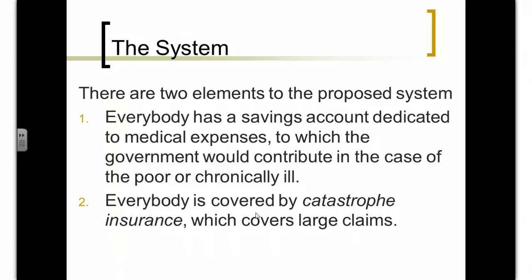The proposal here is that everybody has a savings account, that you could be putting in the exact same amount of money, so that instead of paying €1,500 to an insurance company, you pay €1,500 into your own savings account. And that money then is used for healthcare. If you don't use it, it accumulates. You put in €1,500 the next year, €1,500 the next year. If somebody can't pay it, just like the social insurance plan, the government steps in. If they have insufficient income to meet that minimum contribution, the government pays it, just like the proposal that the government pays the social insurance.